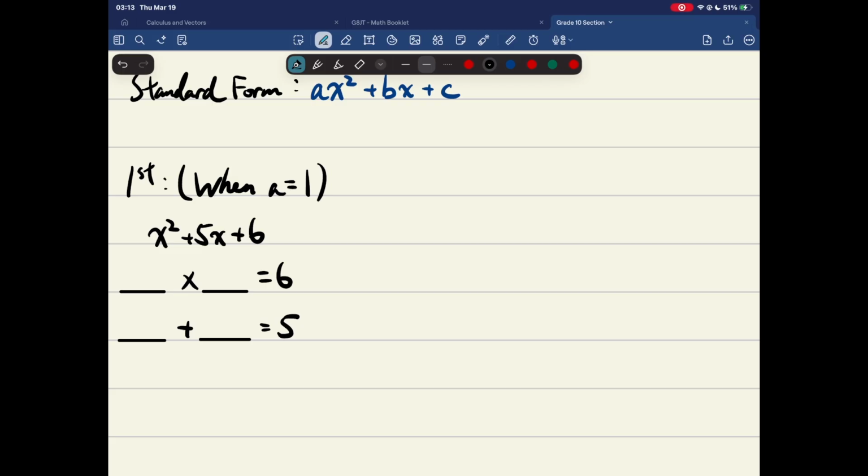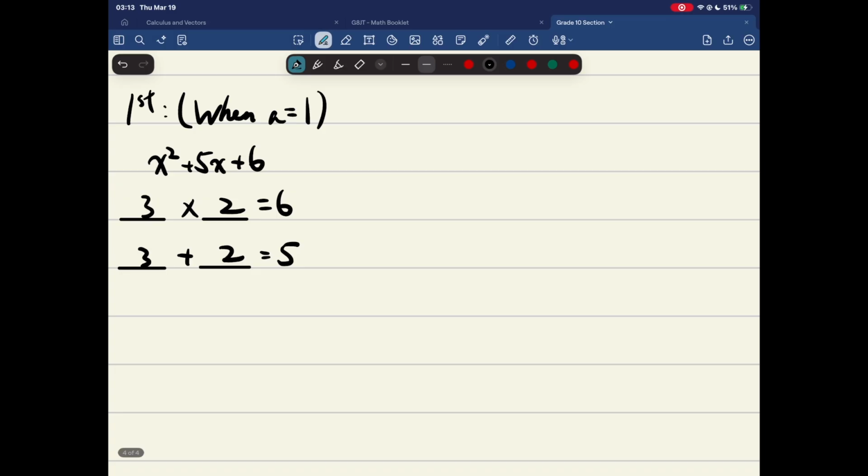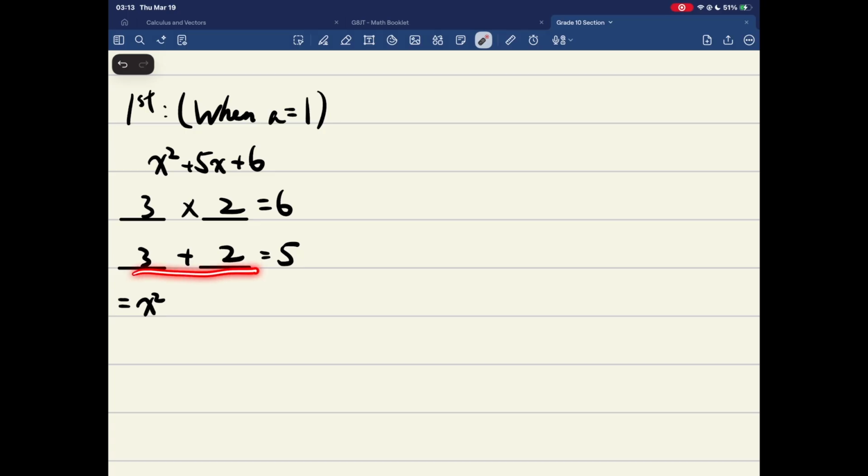The two numbers are 3 and 2. Because 3 plus 2 is equal to 5, we'll rewrite this as